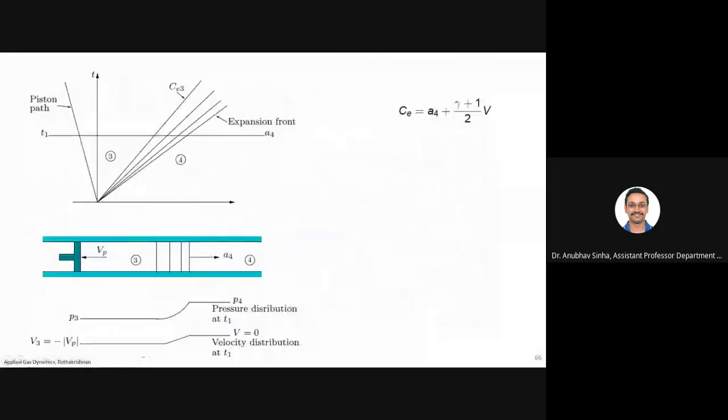Where were we? Yeah, so this is about the piston. Now let us talk about the wave. As you see, there is not one wave, there are multiple waves. That's why we call it a fan. Let us say there are 3-4 wave fronts. The speed of this wave front will be different from this speed.